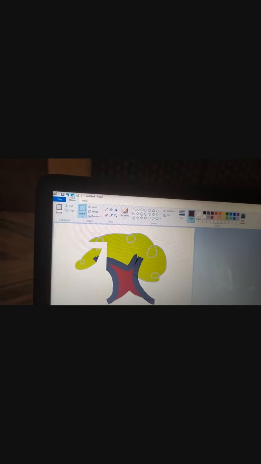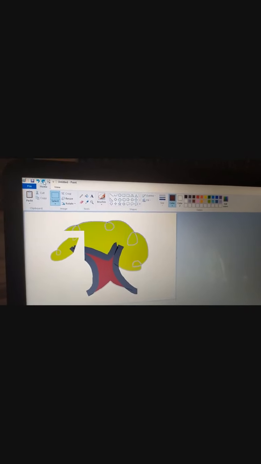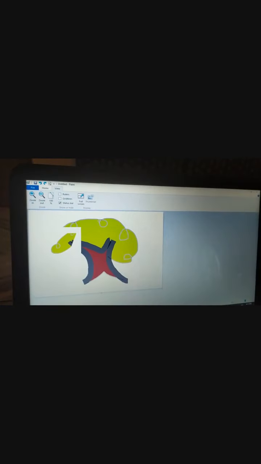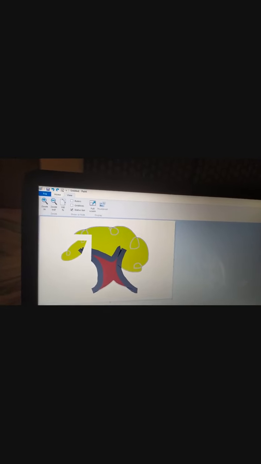Now full screen view. How to get the full screen view? Go to view, click on full screen. See, the full screen image is displayed. Just we have to click the mouse to get back to the normal view.